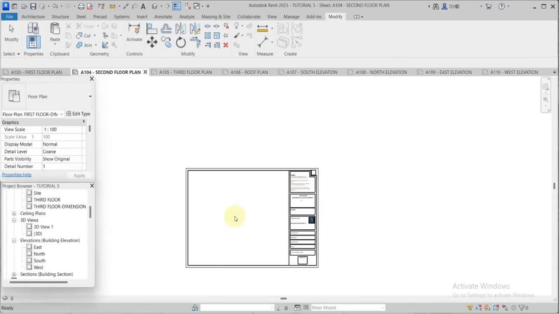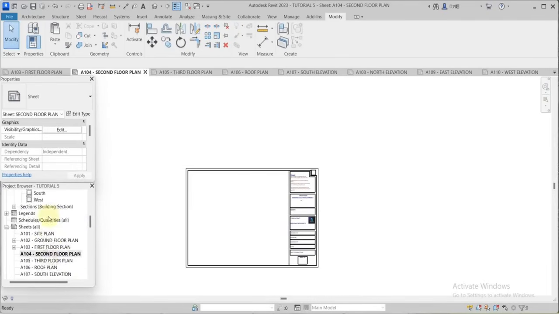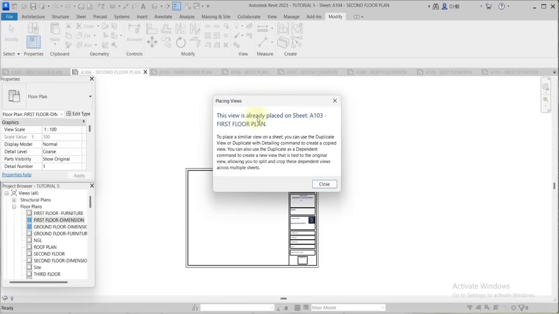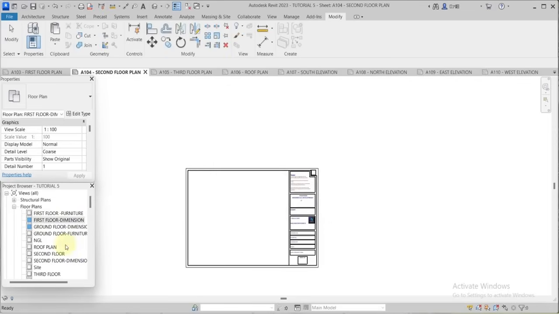You cannot place one view in two sheets. Let's try this. This is the second floor plan. You cannot place this first floor plan. As you can see, it's indicated blue here. That means they have placed the view on sheet. If you try to place it again, you have an error message. You see it. The view is already placed on sheet. That's why we had to